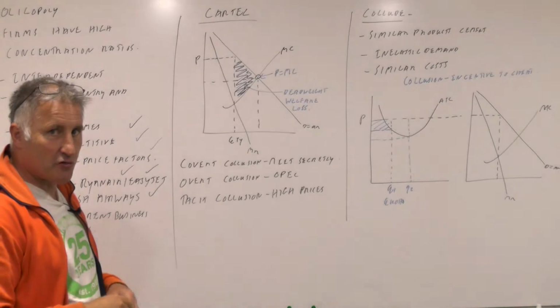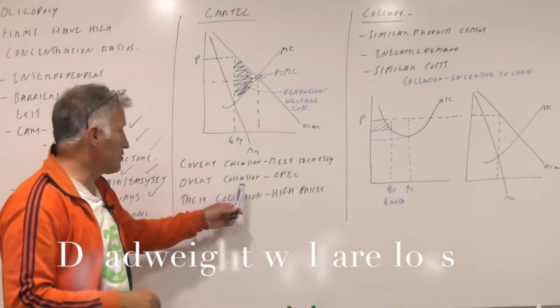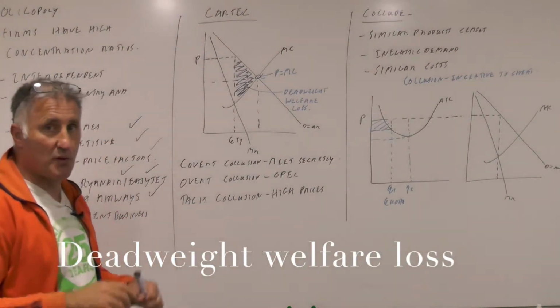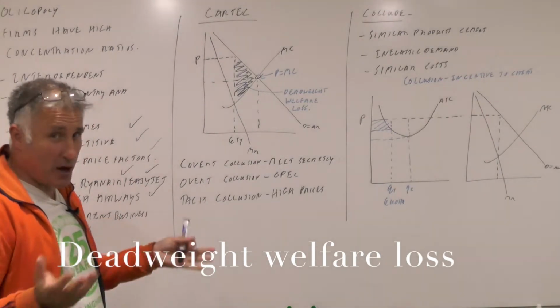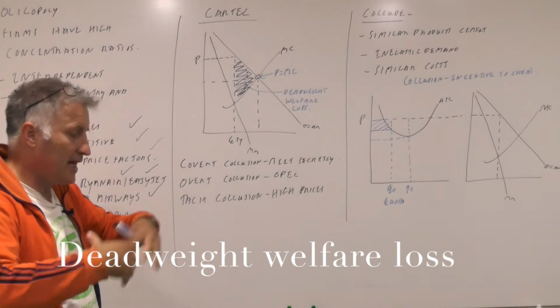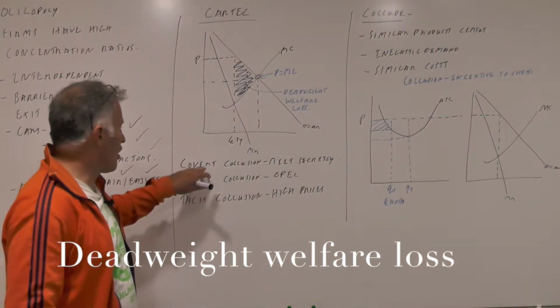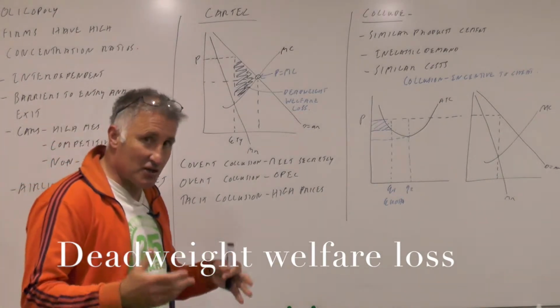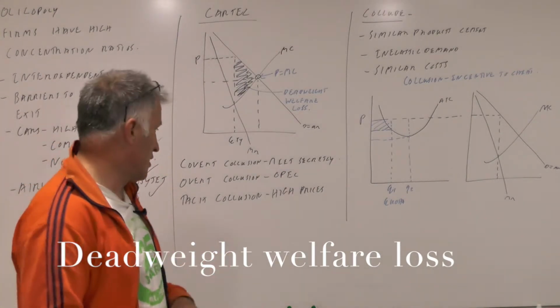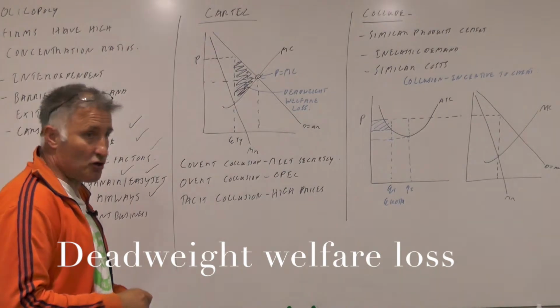There are different types of collusion. There is overt collusion, which is done by the oil countries, where they actually decide on how much each country is going to produce, and everybody knows about that. Okay, that's sort of done internationally. Covert collusion is when they meet secretly, which is outside the law of competition policy, obviously.